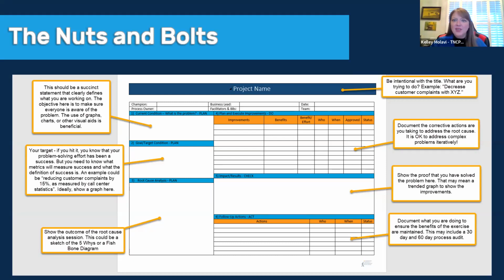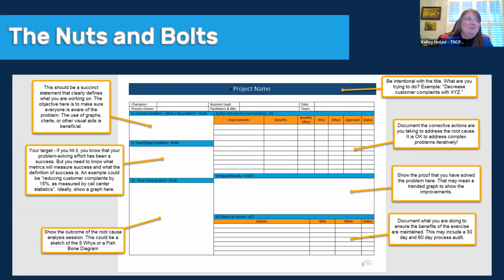It's a great way of getting folks' attention. But any way you visualize the data, make sure that it fairly clearly defines what the problem is. And again, this is a visual aid. So the more visual you can be with the problem statement and the current condition,